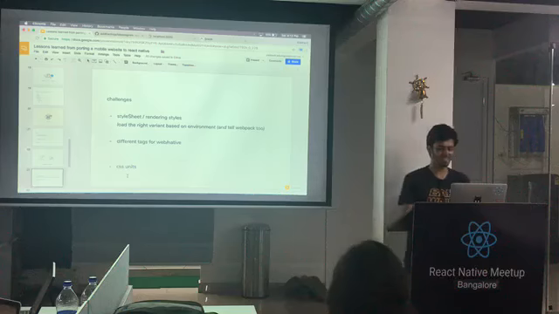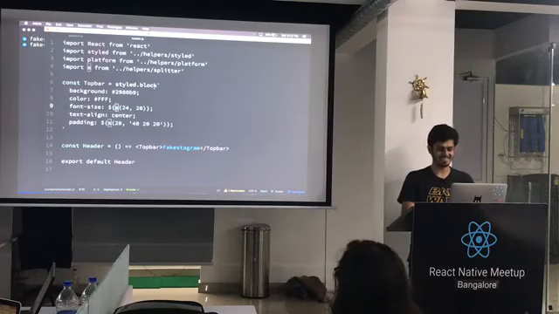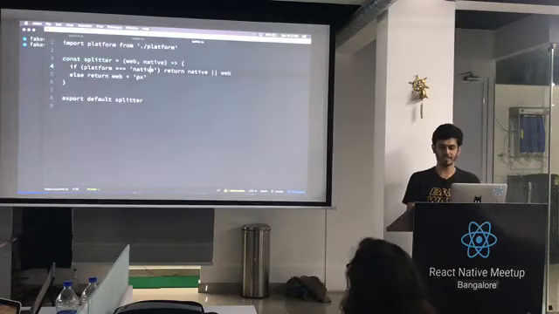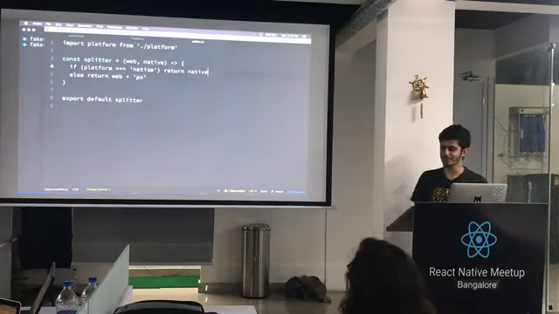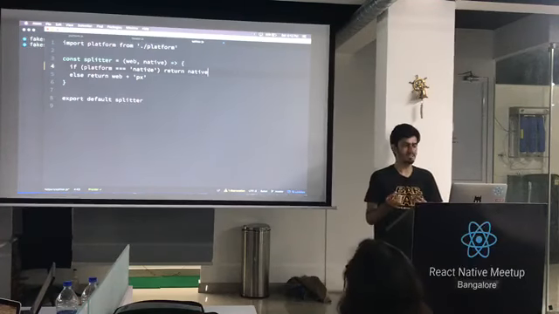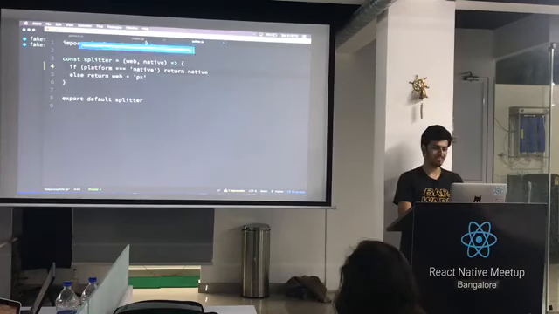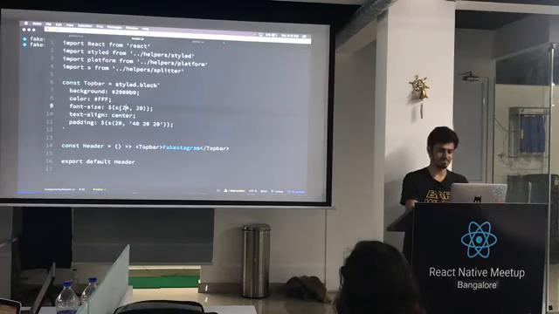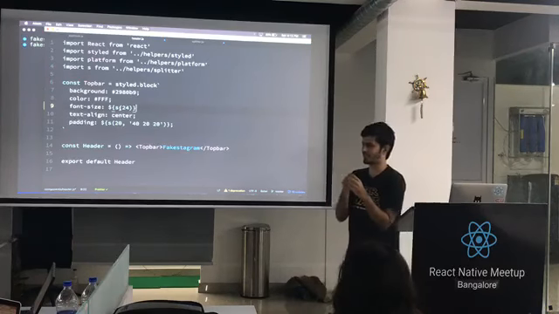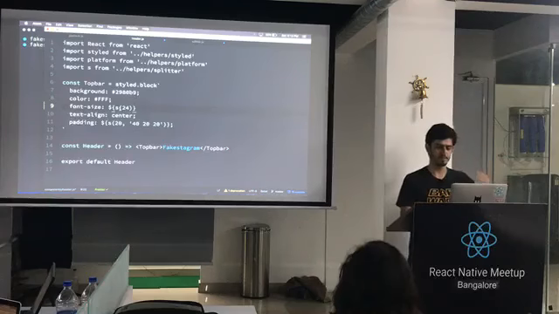So again, you create a tiny helper, which I call S. The name is bad, but the useful part is that if I'm on native, then just return whatever you said. If I'm not on native, add pixel to it and just send it, right? So that in my code, I can do things like this. I can say 24 and then wrap it in my function. My helper will take care of the rest, add pixel, not add pixel, whatever.